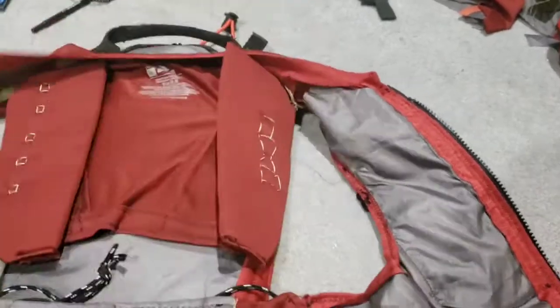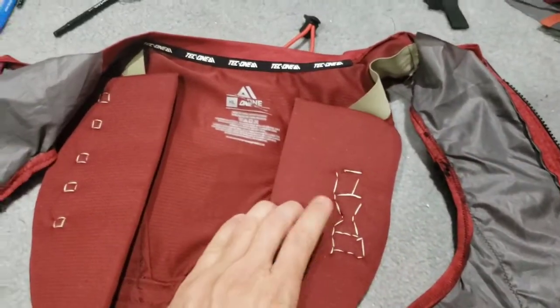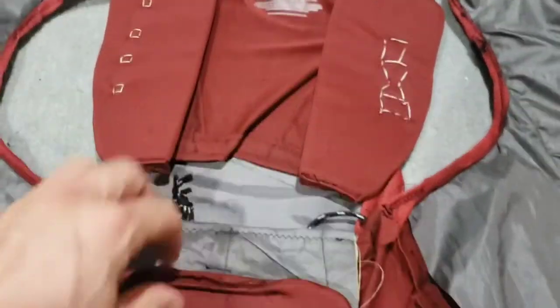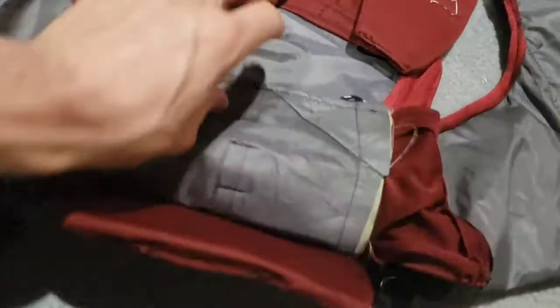So one of the other features that I wanted to include, and I need to sew these on a little bit better because right now they're a little bit flimsy. They fold out sometimes. I wanted to add some more padding, and the padding would also act as an area for some airflow. This one down here is not working as intended. When I was running with it the other day, it was basically folded down most of the time, and I think it's because of the way that I sewed it